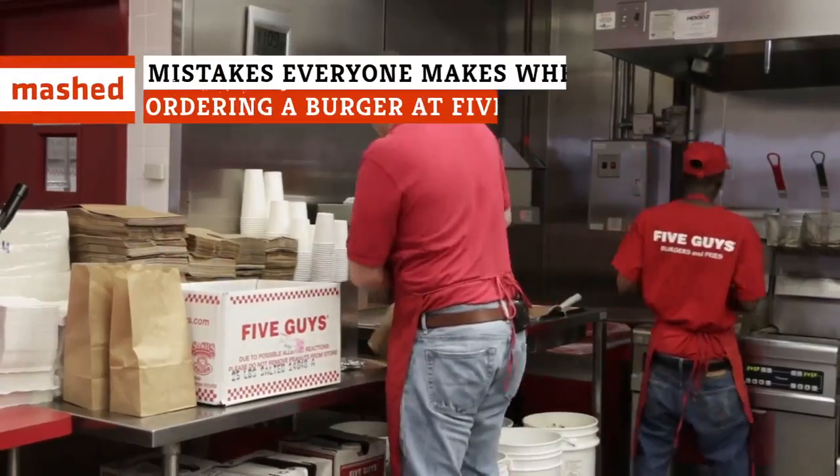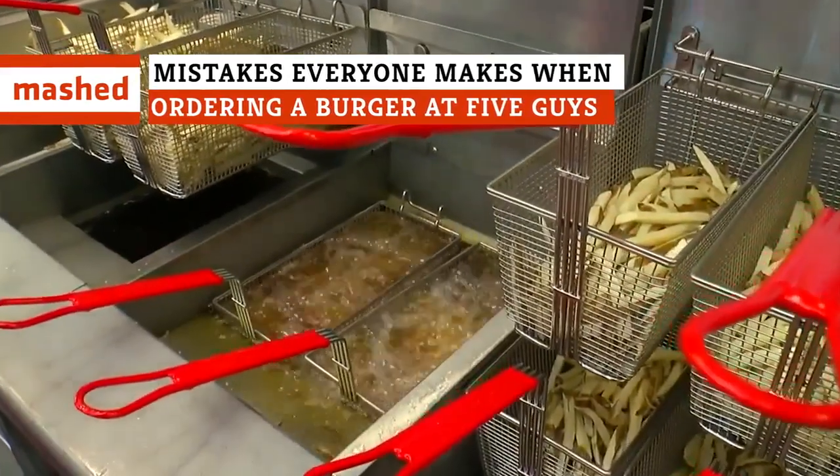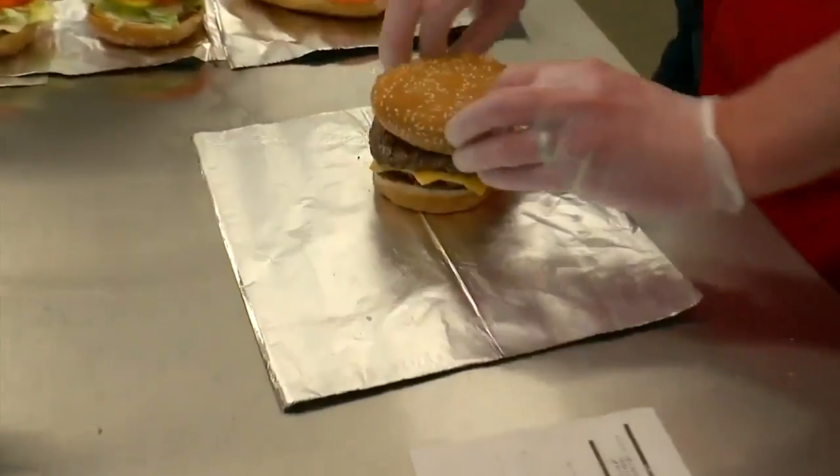If you really want to make the most out of your trip to Five Guys, you need to make sure you don't mess up your order. Take note of these mistakes everyone makes when ordering a burger at Five Guys so you can avoid making them